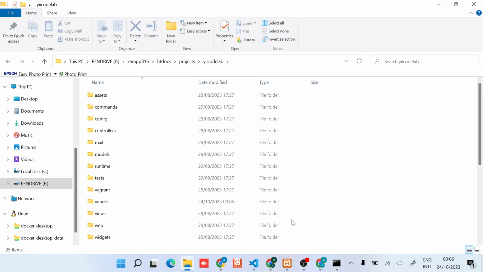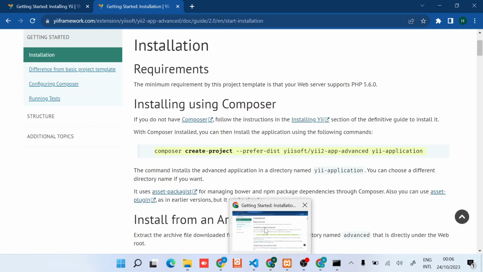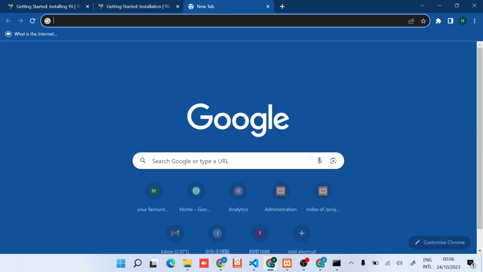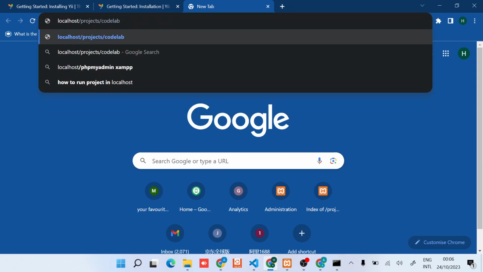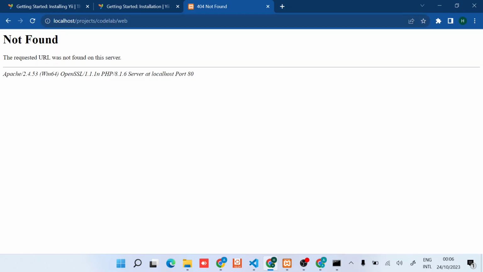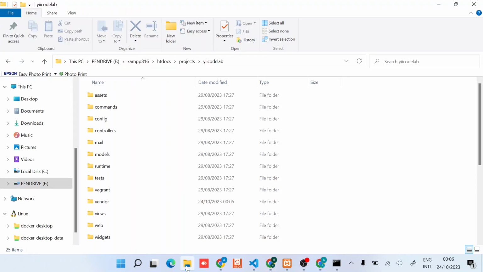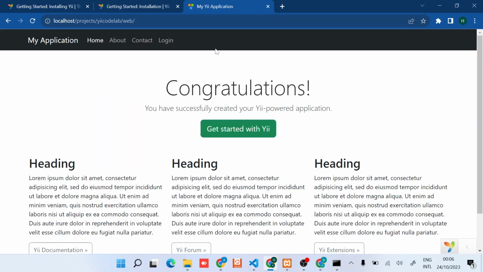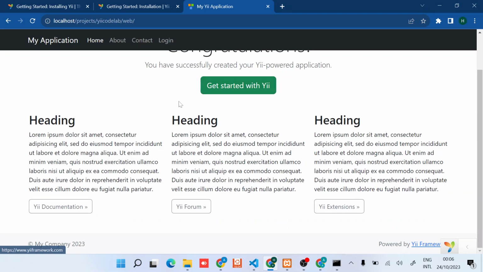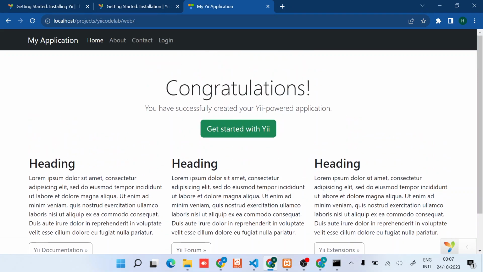So now we should be able to try and load it in our, let me check if it's working. So it's localhost projects, and then what's the name again? Code Lab, then the web folder. Oh, doesn't work. So should be something like, let's see, Code Lab, like that. Voila, there we go. So we have successfully installed our Yii application